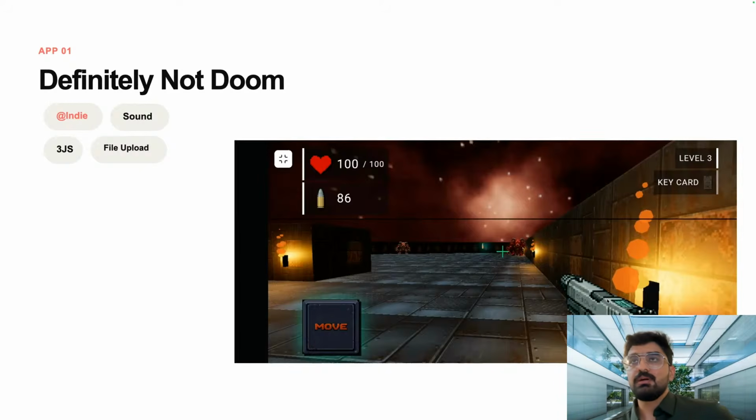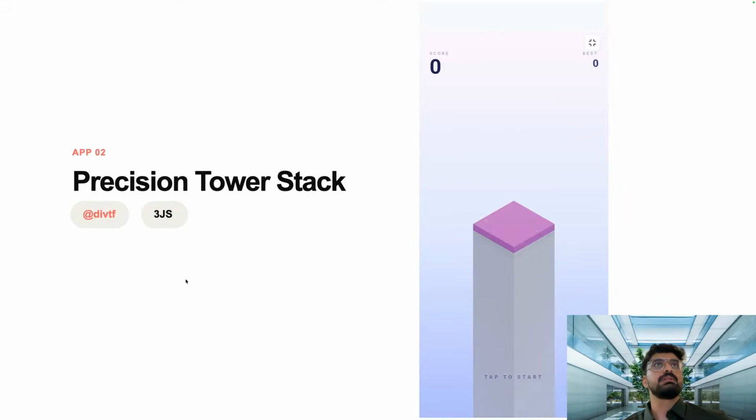He uploaded everything. He brought it together. So everything was a PNG. He brought it together. He used 3JS. 3JS is a 3D library with which you can create a variety of 3D experiences or games. All right. And this is the final product. This is a shooter based thing, but you can create a lot of things like this. Okay, let's move on to the next one.